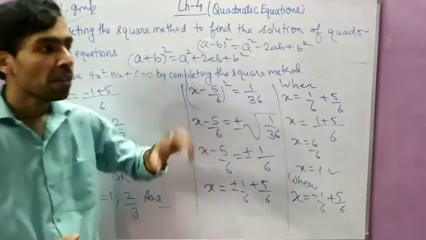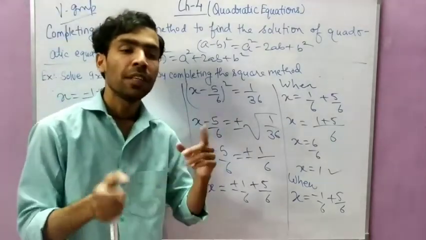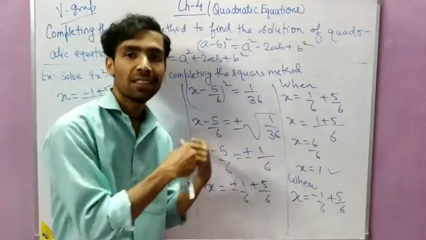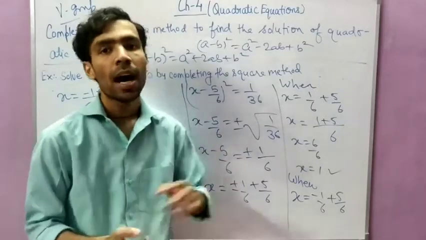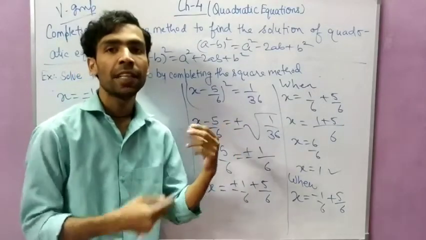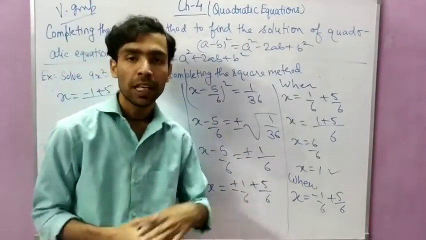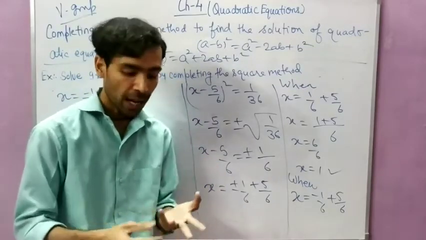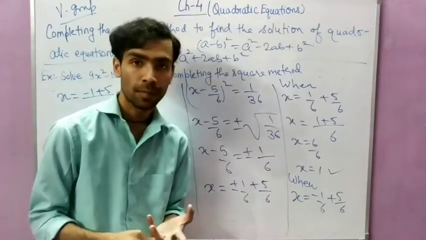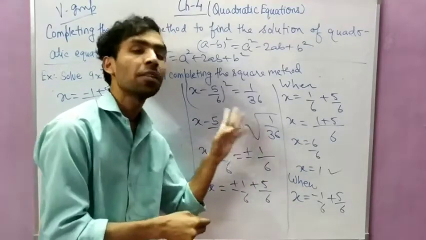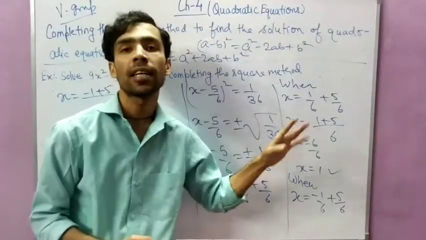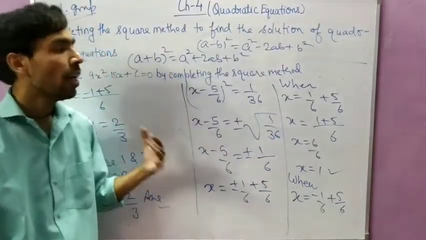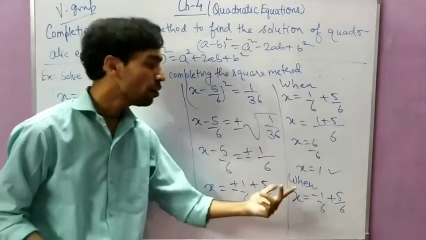So after multiplying, whatever number we got, we take the square of that, and we add that square to both sides, LHS and RHS. After that, on the LHS we took three terms together. In the three terms, the first was the x square term, the second was the x term, and the third was the square term. Whatever remains will be transferred to the right hand side. Then we make the complete square. Then we solved that, and after solving we got two values.